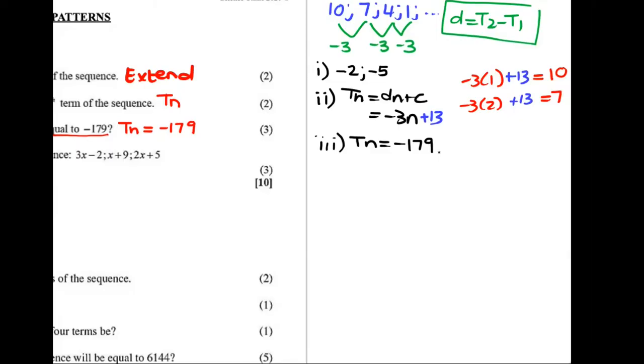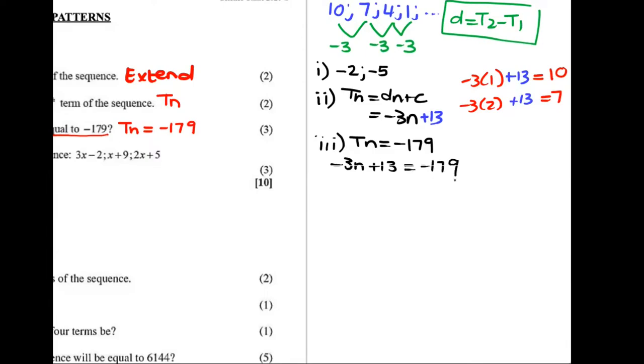I've got Humaira and Kulin and Layla all coming through with the correct answer. Nice. Wyatt also getting it. Let's take a look. So we have Tn, which we've just worked out, is negative 3n plus 13 equal to